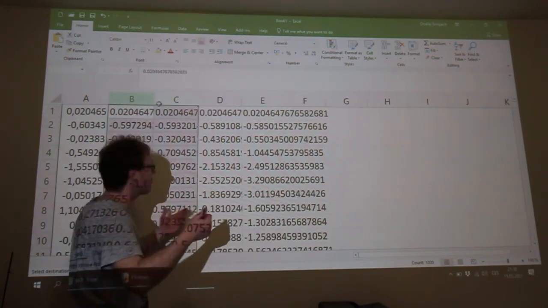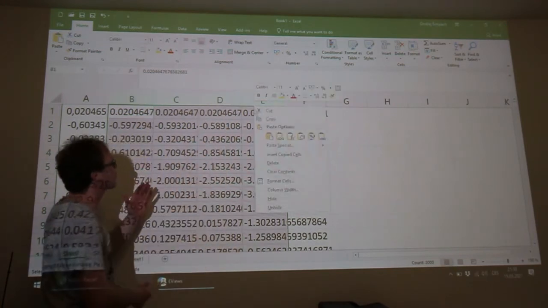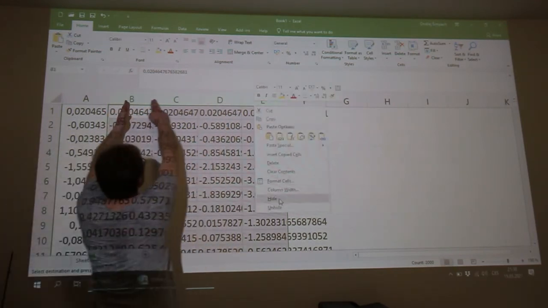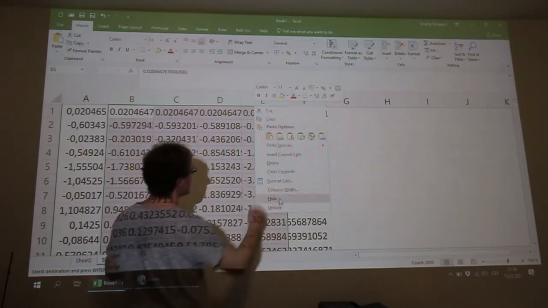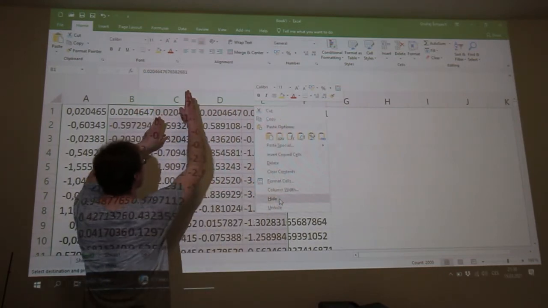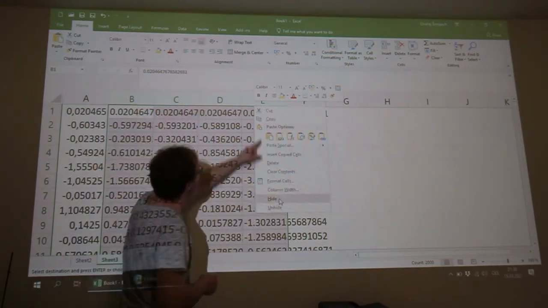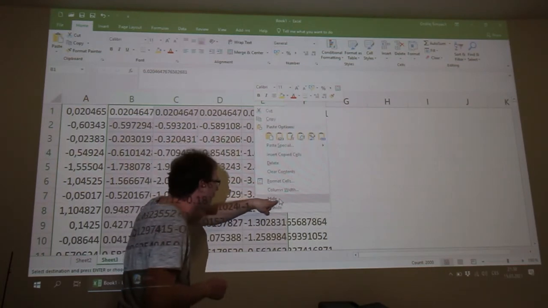So it will be good to hide these 4 columns, so we can select these 4 columns. We can click on the right button and there is hide.